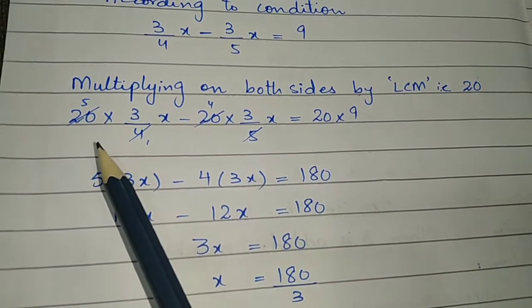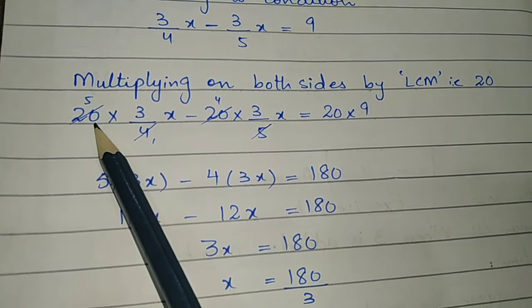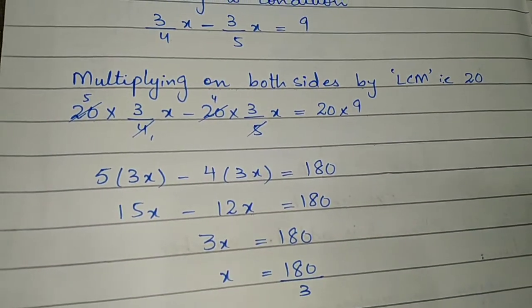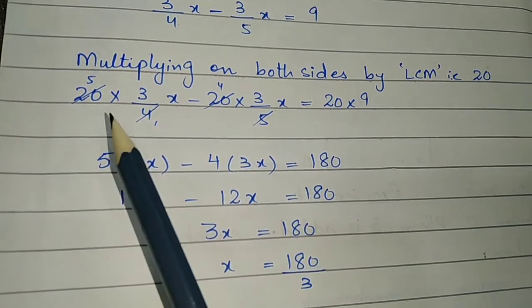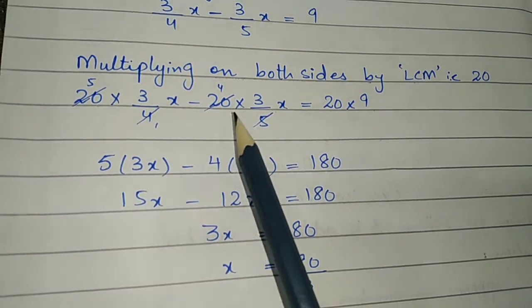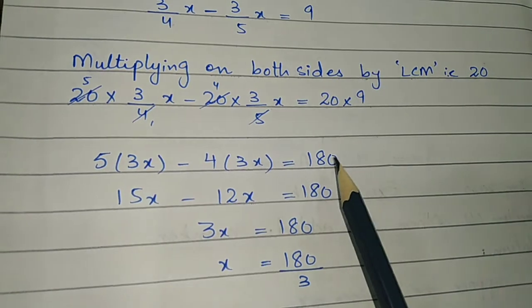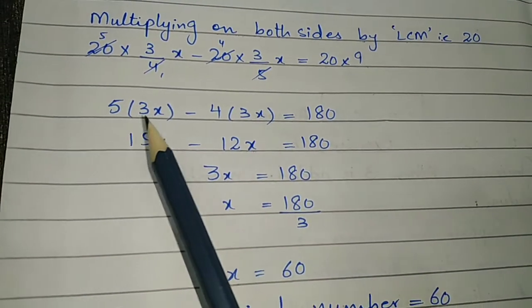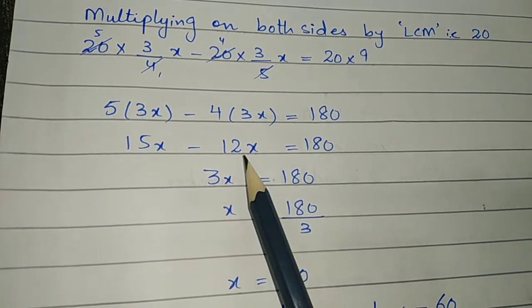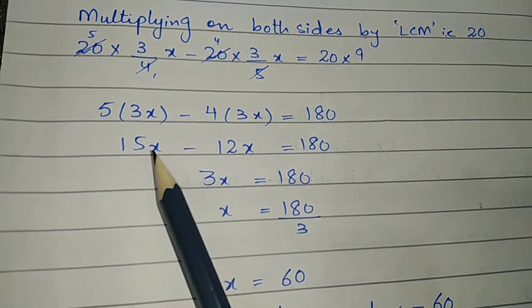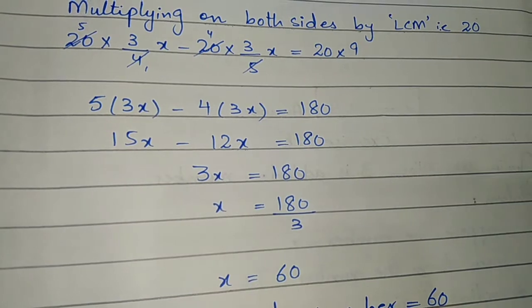Now we have to do the possible cutting, that is 4 1s are 4, 4 5s are 20, 5 1s are 5, 5 4s are 20 and 9 times 20 is 180. So the remaining terms will be 5 times 3x, 4 times 3x and 180. 5 times 3x means 15x, 4 times 3x equals 12x, so they are going to be subtracted. So 15 minus 12 is 3x